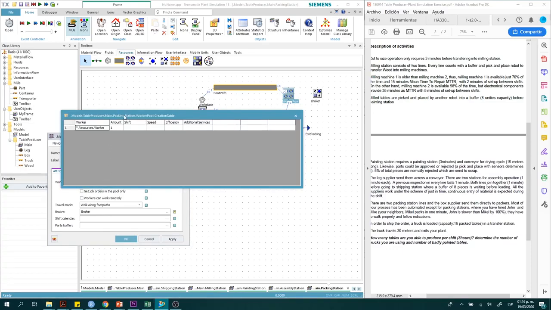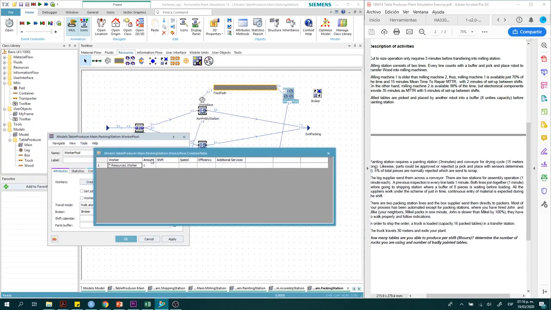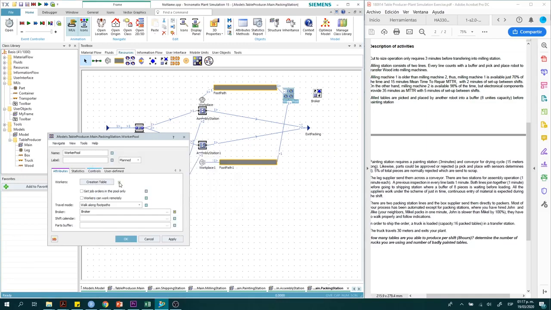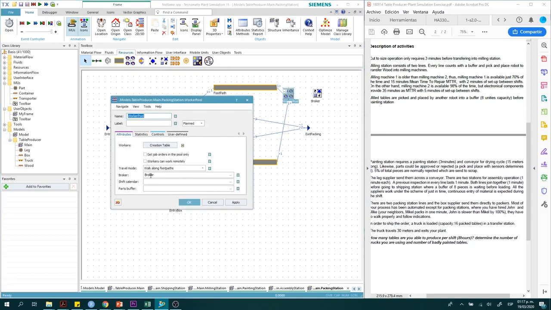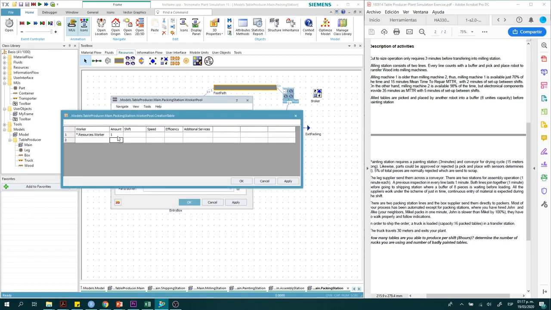So in the worker pool, by default, we have one resource, and you cannot modify it. You have to close and then click over here. This enables this option as in here, and if we don't have that part, then we click apply and OK. It is really not receiving anything, so you need to enable the option of the broker. So when you enable the creation table, you can add another resource here,